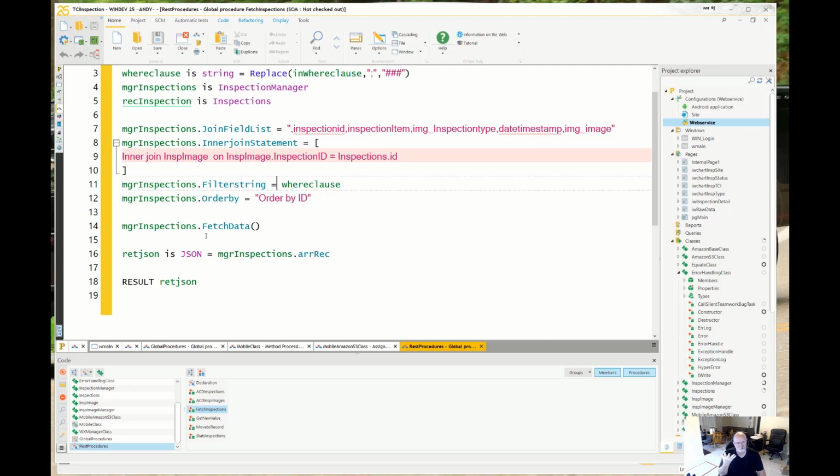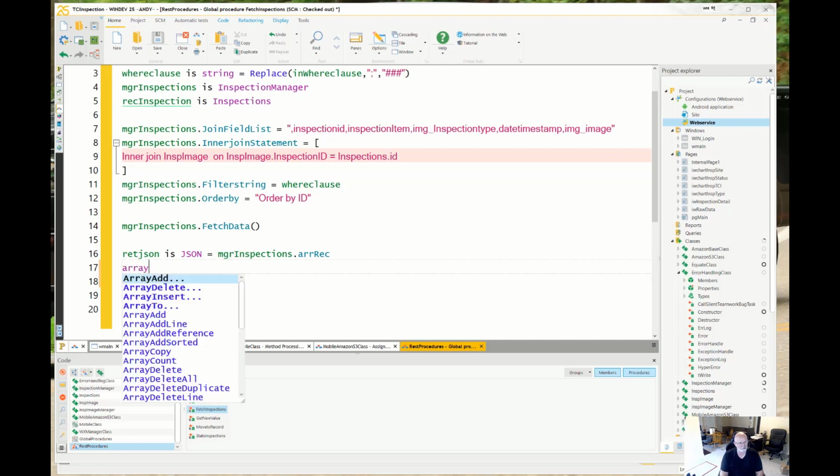This is the hard part. I fetch the data, which gives me an array and puts into the array all of the records that I return, 0 or 200, whatever many it is. And then all I do is assign that array to the JSON and return it. We're done. So you could literally, if you're using HF, create you an array to match your structure in HF